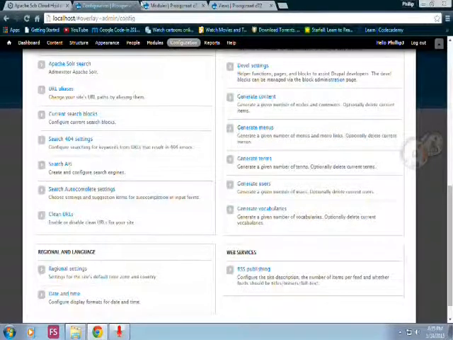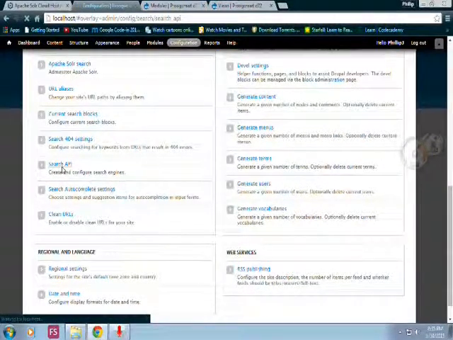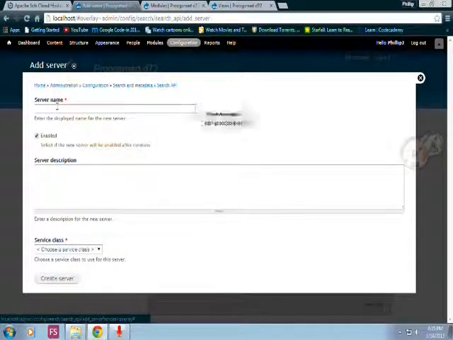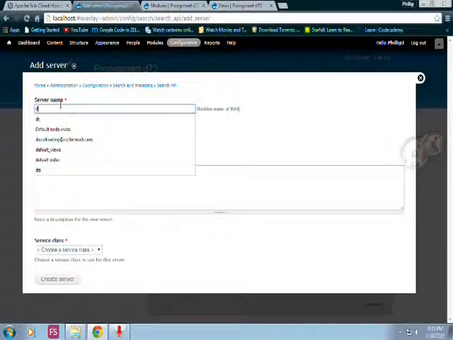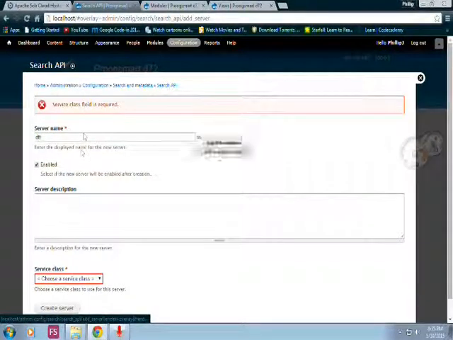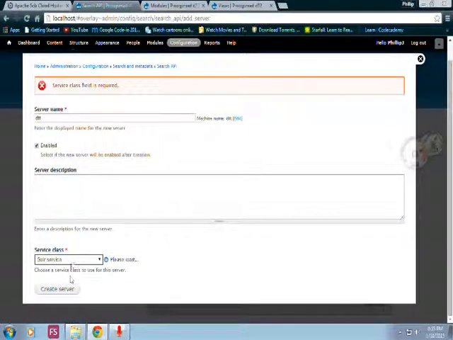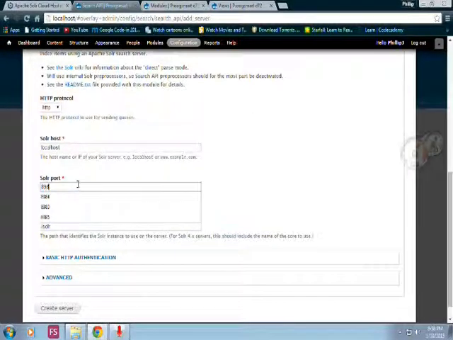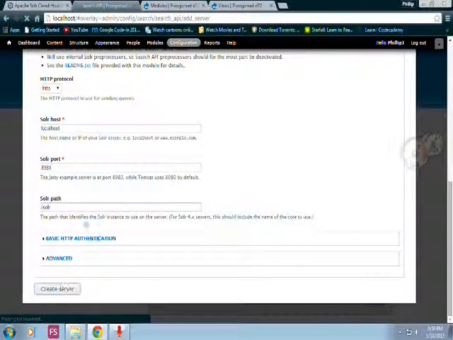After doing that, you're going to need to configure it. So to configure it, you go to search API under configuration, then add a server. The server could be anything you choose. I'll call mine DTT. You can call it whichever thing you want, and you'll select which server you're using. Fill out appropriate information like the port, the host, and the path. Create server,